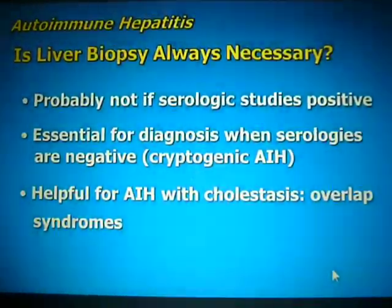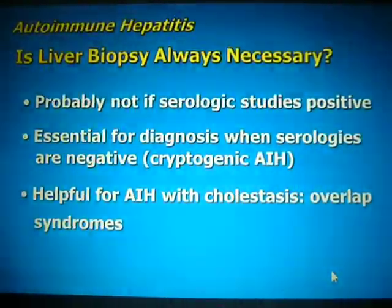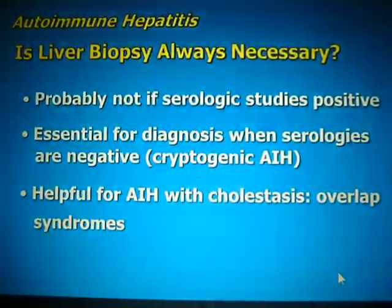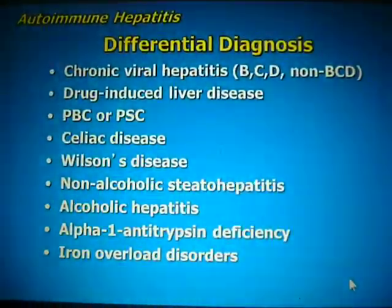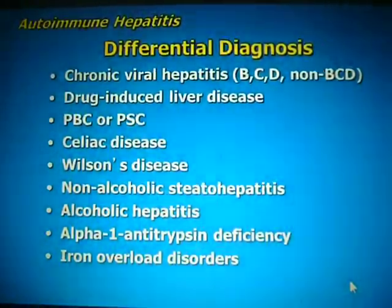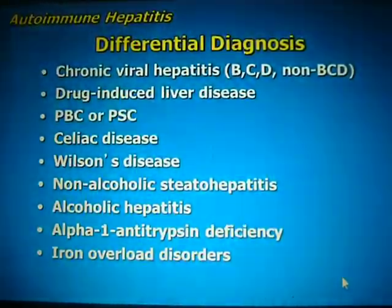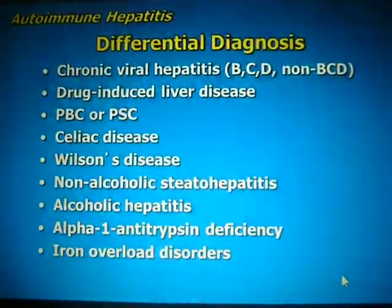Now, if the serologies are negative, this is cryptogenic autoimmune hepatitis, and I need a biopsy. And if it's one of the overlap syndromes, or you suspect an overlap syndrome, then clearly liver biopsy is necessary. Why not go through the differential diagnosis? It's virtually every liver disease you can think of for autoimmune hepatitis, and we rule these out by serologic tests. And sometimes, if necessary, if there's a strong history, for example,